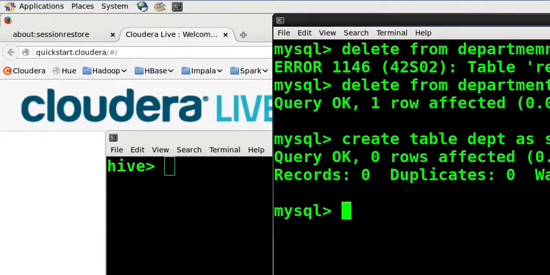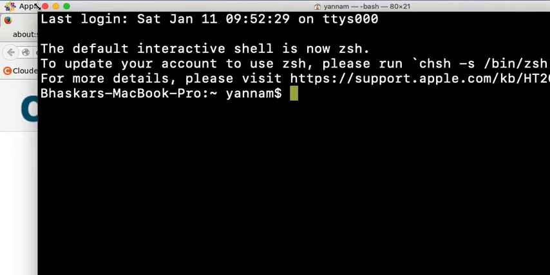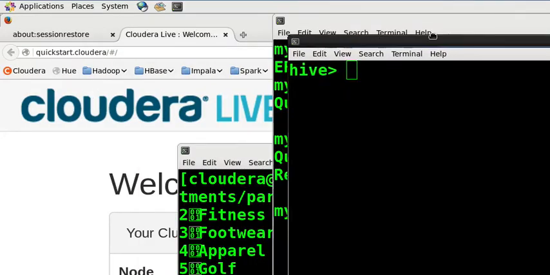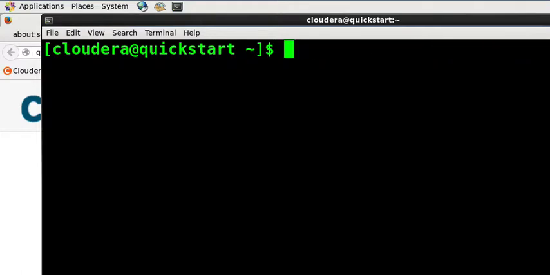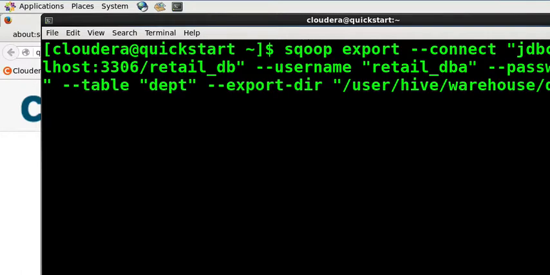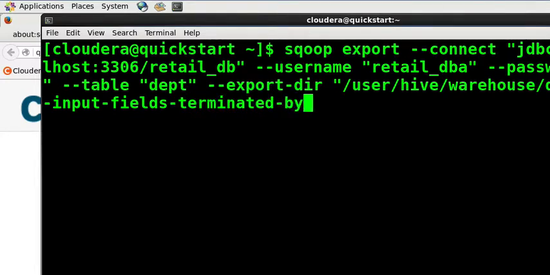Sqoop export again to make sure that it is working. Come to your Unix prompt and execute the same sqoop export command, but this time please give the delimiters. Somebody asked me how to give the delimiter. Input fields terminated by is a long word. As I told you, it is 001,